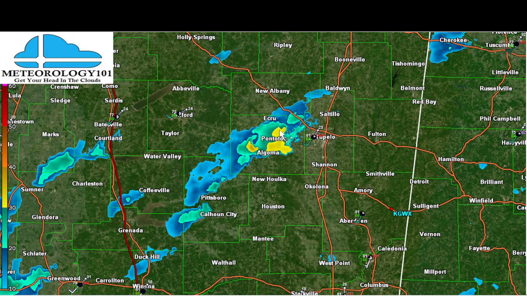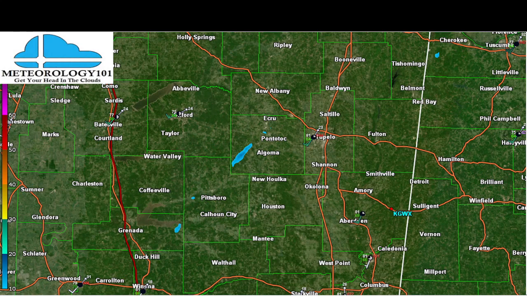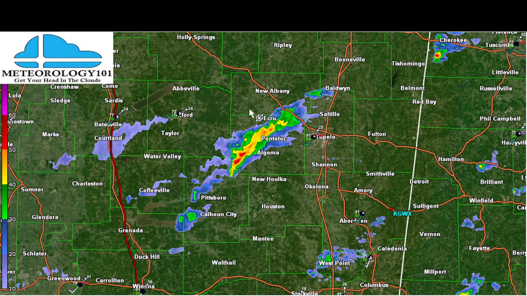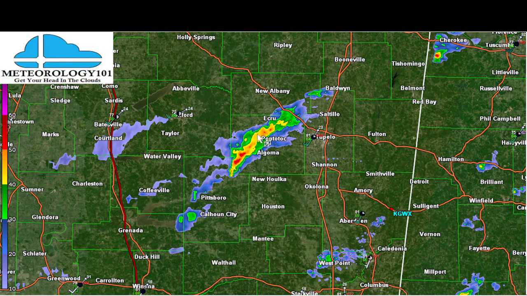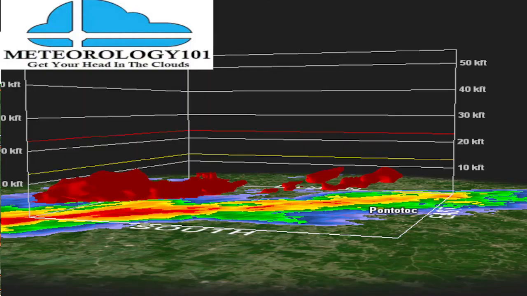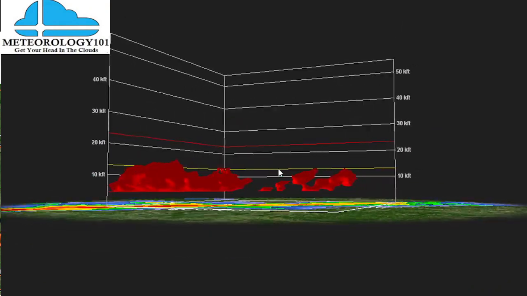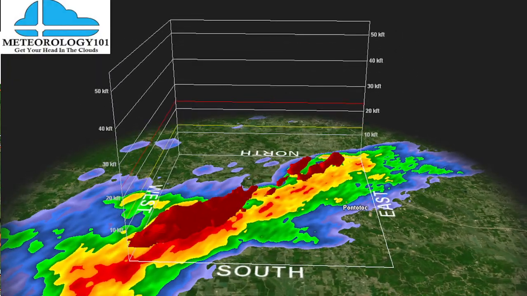Our echo tops, 31,000 feet. So that storm's built up pretty good. The vertically integrated liquid isn't real far up there, so maybe that's why they're not going severe just yet. Let's do a scan on this thing. Get a better look at that. So we've got 50 dBZs above 10,000 feet. I mean, they would justify going severe with this thing, but